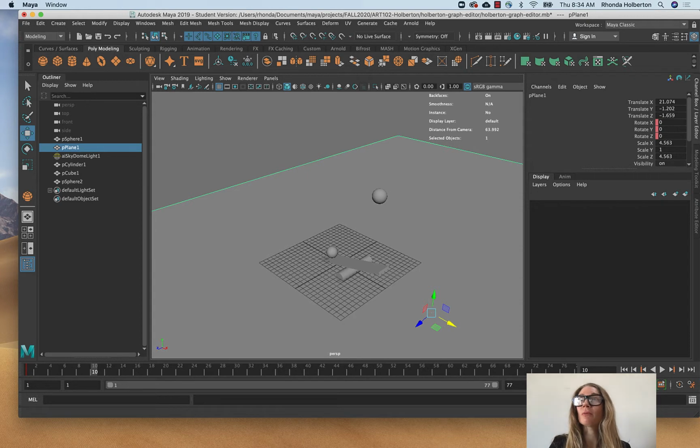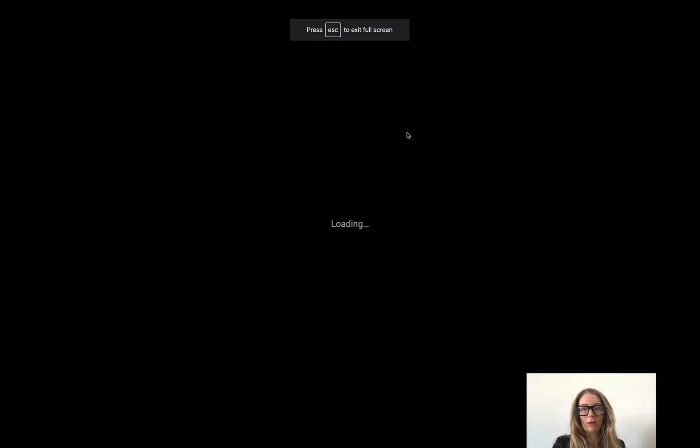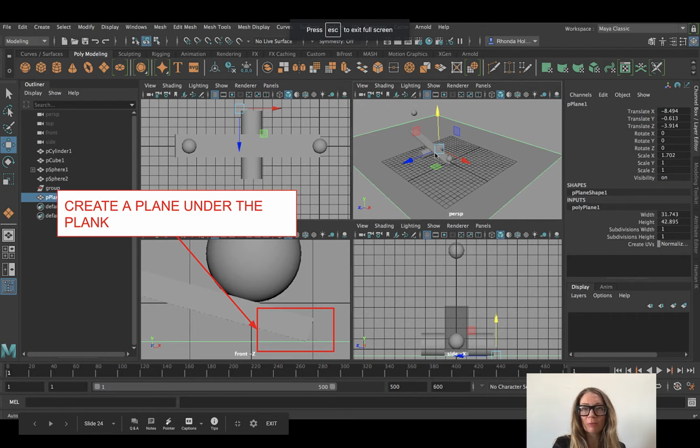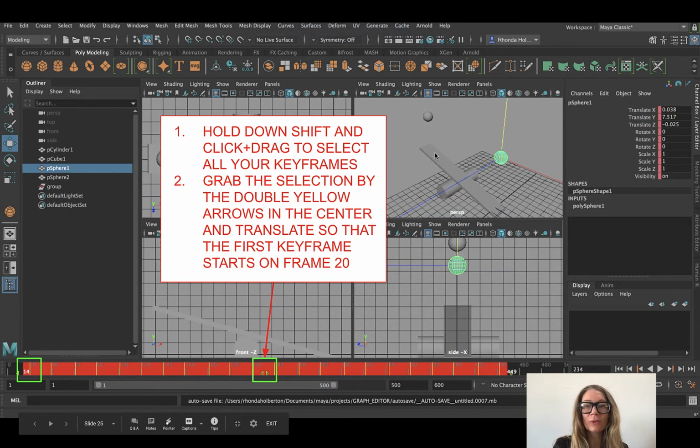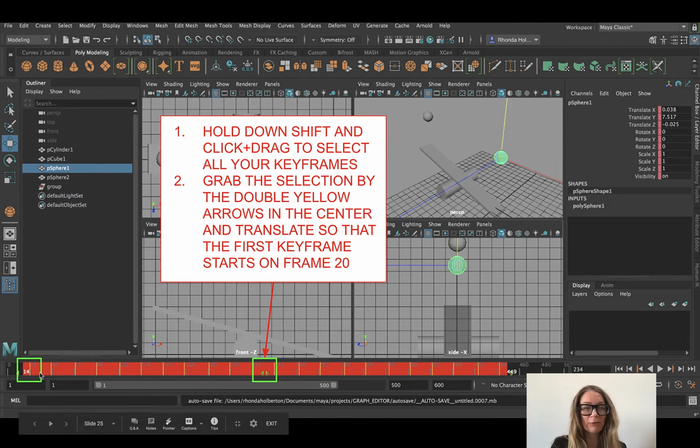You can apply materials to your scene a little bit later, but let me just run through my presentation. So we've got the plane under the plank. We're going to offset our keyframes. There's going to be some animation frames where the rigid body sphere, the one that doesn't have the animations associated with it, falls from the sky. That's going to take a little bit of time. We're going to do some micro adjustments later, but for now we want to offset